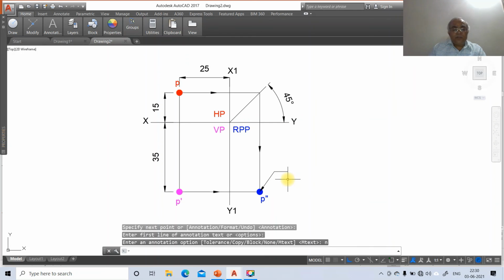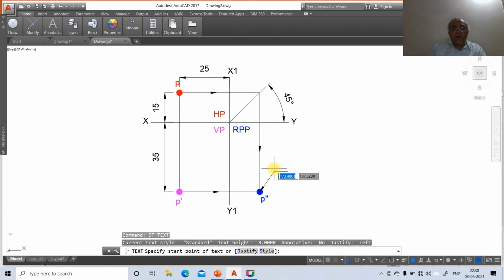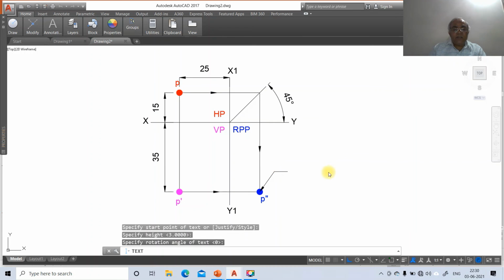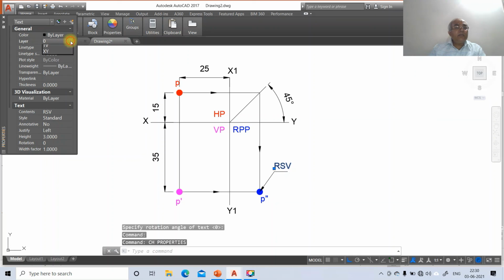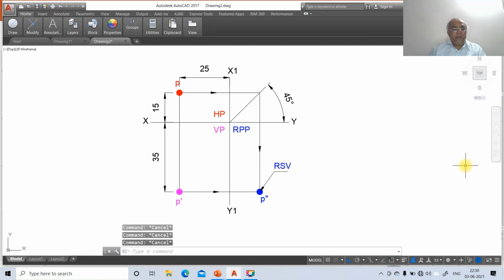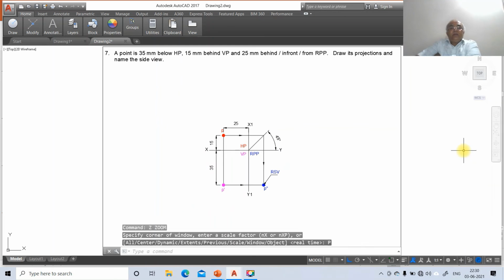Switch off the ortho mode, take some point, then drag this and switch on the ortho or annotation option none. So go to the text. Now here take the text as 3 and type it as RSV. Then enter. Then select this, go to CH and go to layer, make this layer as side view. So this is how you will be able to create this drawing in orthographic view in AutoCAD software.